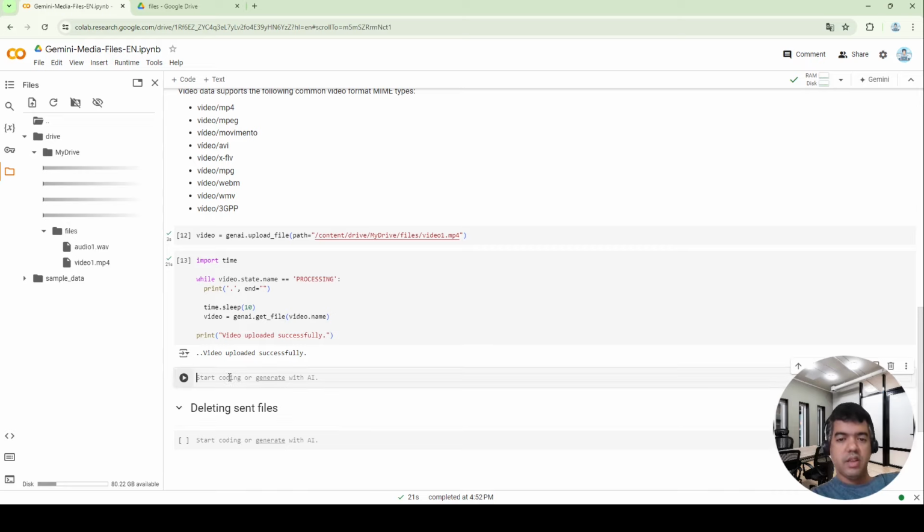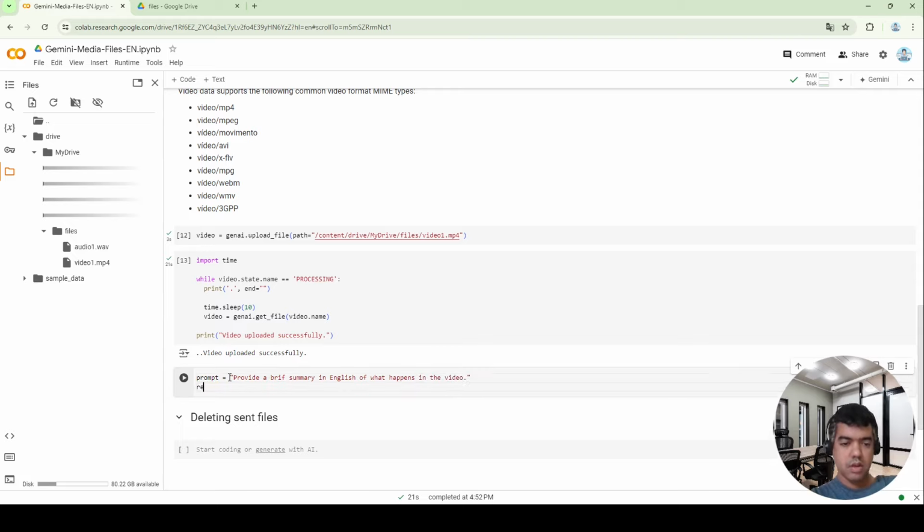For the first example, we can use prompt equals provide a brief summary in English of what happens in the video. response equals model.generate_content. Send the prompt and the video.